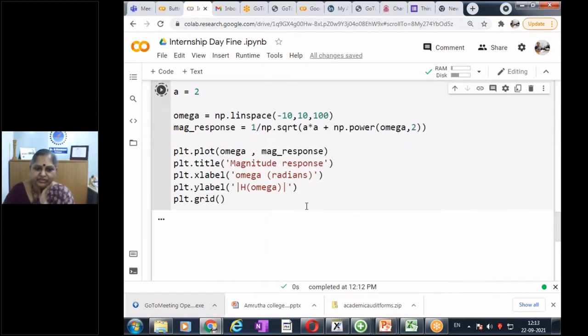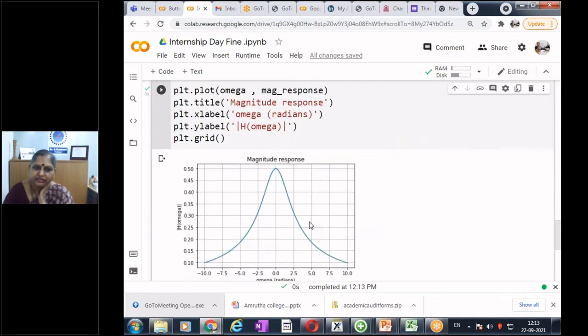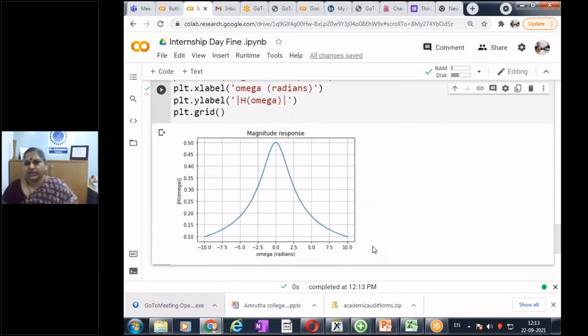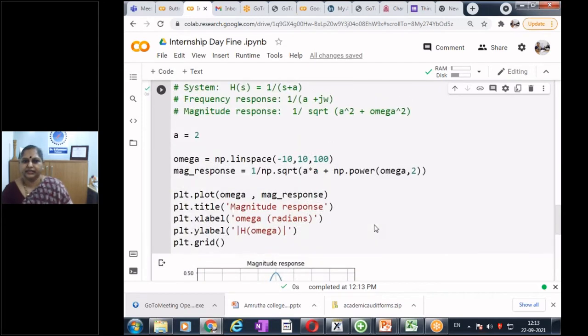So let's run it. So we will have the same figure from this. Yes, have you all got it? If you have got it, please tell yes. We are doing very simple. We are just plotting the magnitude response of the given system. And what is the system given to us? 1 by S plus A, a simple first order system. And we have also seen how to have the system using resistor and capacitor. You know, the simple RC circuit, we get the output.